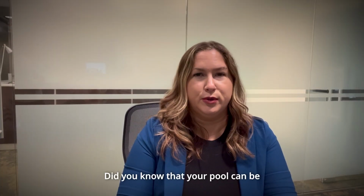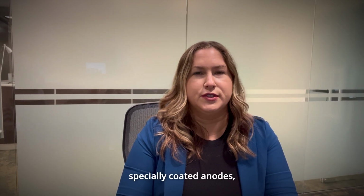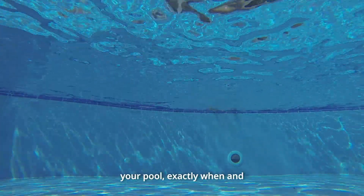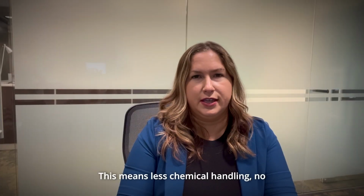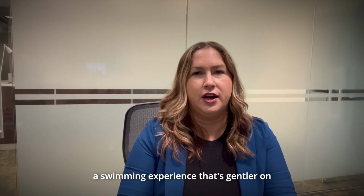Did you know that your pool can be chlorinated using just salt and electricity? Through electrolysis, our specially coated anodes convert salt into pure chlorine, generated directly in your pool exactly when and where it's needed. This means less chemical handling, no strong chlorine smell, and a swimming experience that's gentler on your skin,